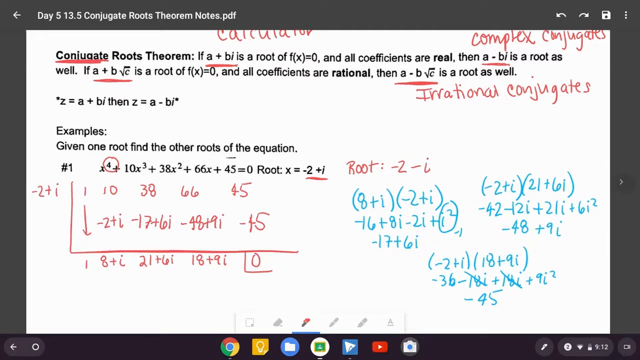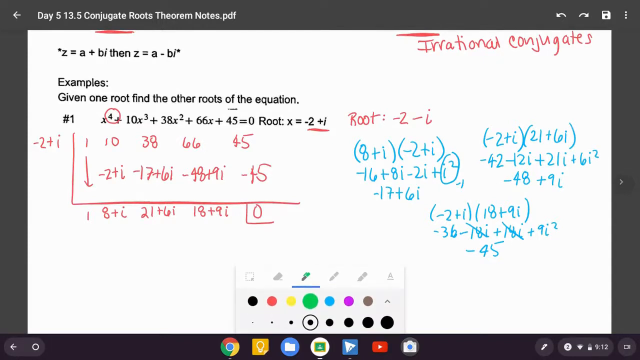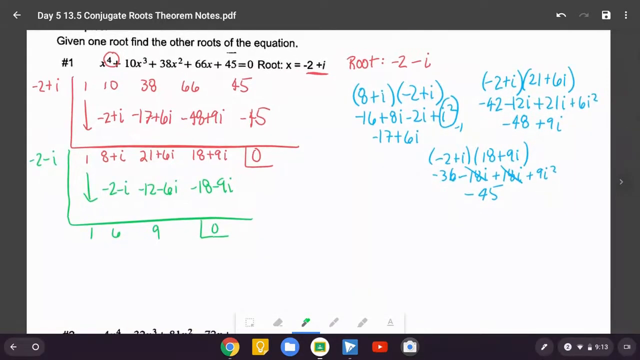All right, so now what we need to do is continue our synthetic division. This is a cubic function, and we're going to use our second root that we know about, -2 minus i, and we're going to do synthetic division to get it down to a quadratic. So that gives me -2 minus i, and I'm going to add, and I get 6. This gives me -12 minus 6i. My imaginaries cancel out, and I get 9. Multiply, I get -18 minus 9i, and I get 0 as a remainder. So that proves that -2 minus i is in fact a root of the